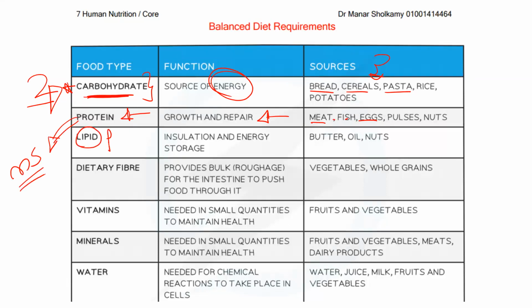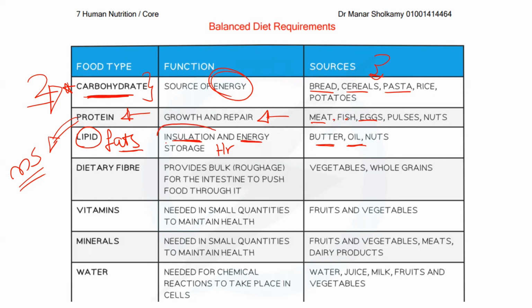Lipids means fats. Where are fats found? In oil, in butter, in fatty foods. And why are fats important? Even if you think that they're not, you should not eat fats in large amounts, but they are important. Body insulation. Yes, fats are needed for a lot of things, and we will take a list very soon. Fats are needed for the making of hormones. It's needed for insulation. It stores energy.